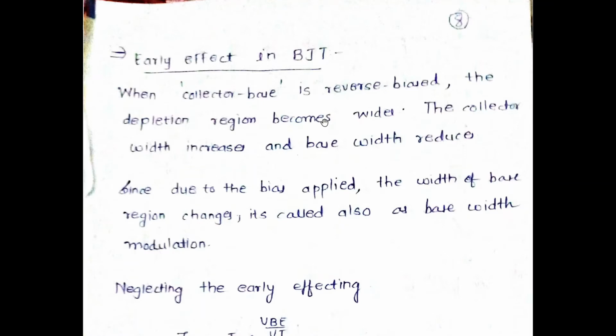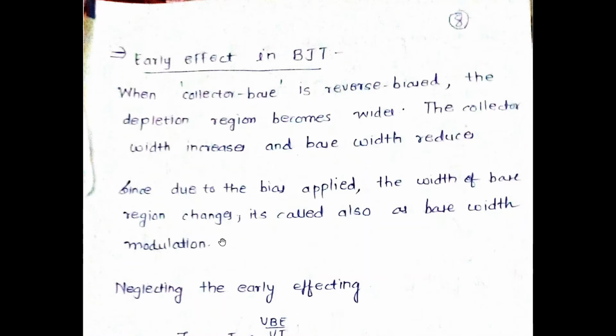I repeat myself: when the collector and the base are reverse biased, the collector width will increase and the base width will reduce. So what happens is that since the width of the base changes,